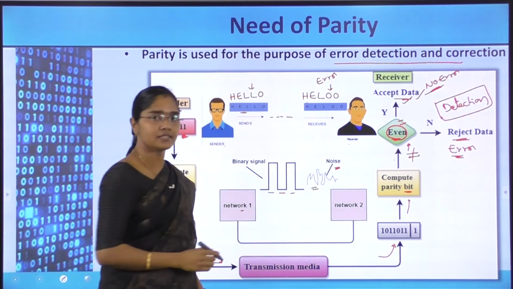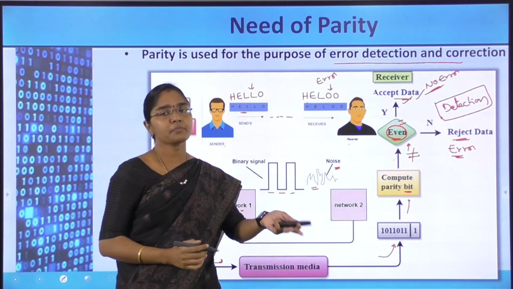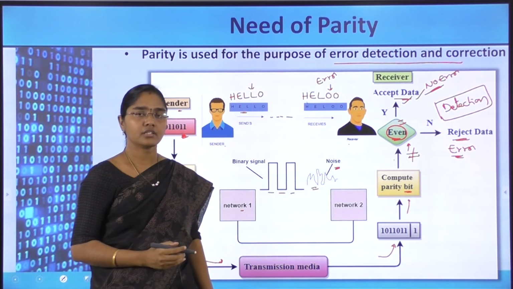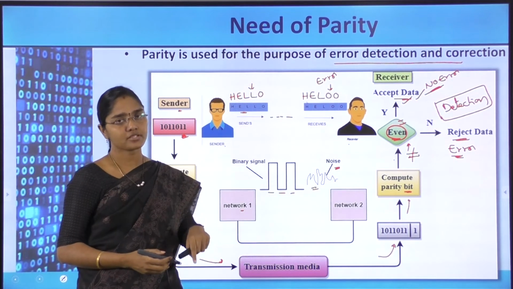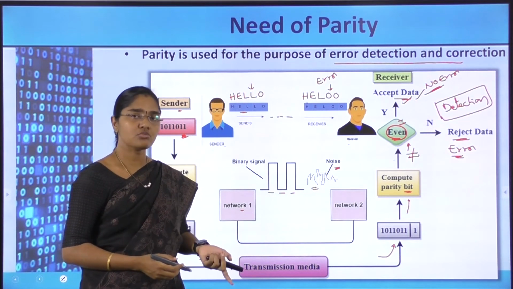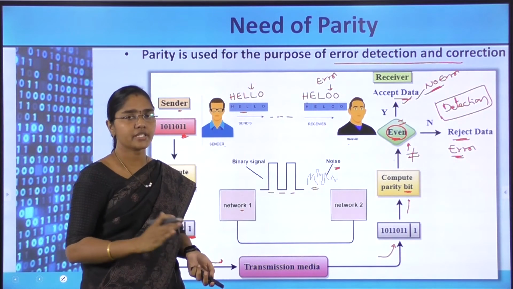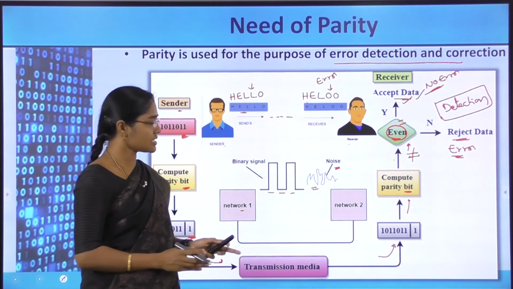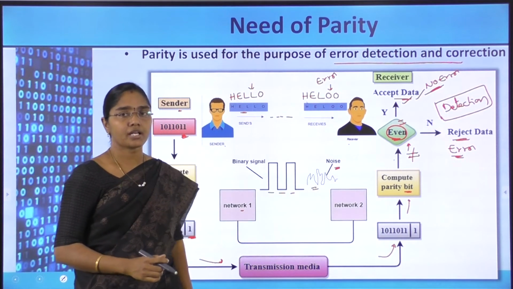Okay. So like this, error or no error is represented, it is nothing but the detection part. After that, once detection has happened, we can simply correct that bit, because in binary an error is nothing but zeros being replaced by ones and ones being replaced by zeros. So simply, correction is nothing but altering those bits. So this is the importance of the parity bit in the detection part.